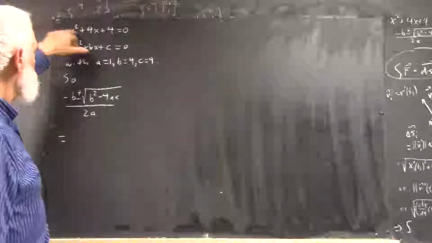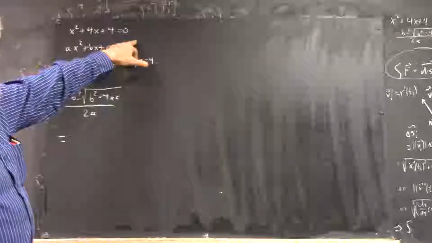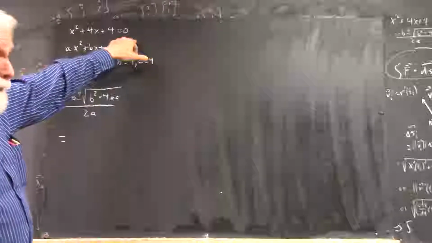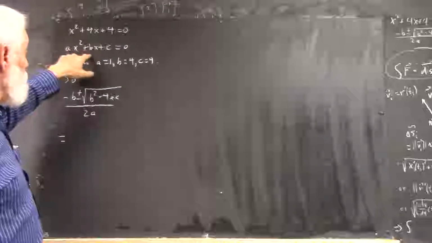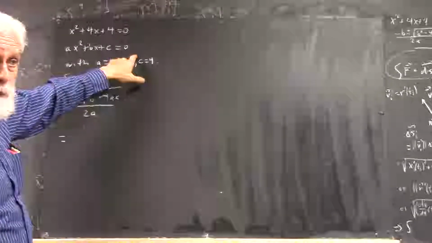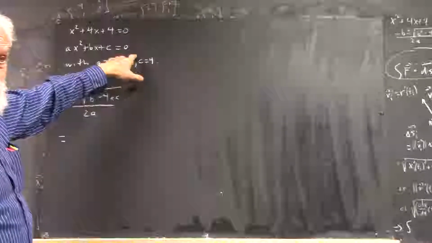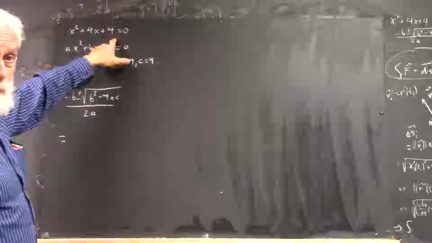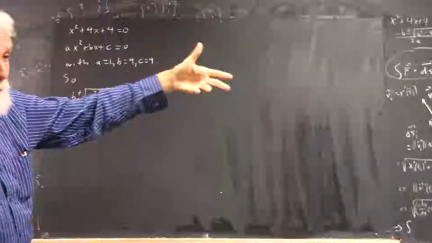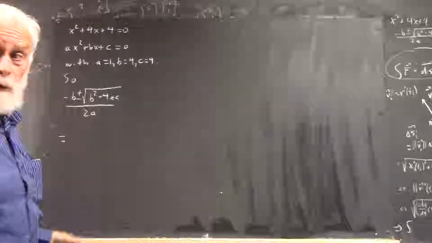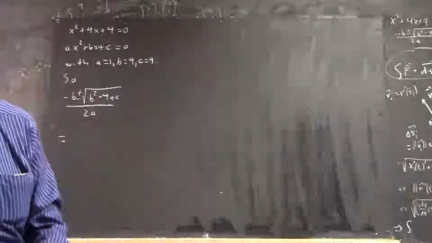We're taking x squared plus 4x plus 4 equals 0, the equation we solved earlier by factoring. That's in the form ax squared plus bx plus c equals 0, right? Now remember, when we factored this, we found out that x equals negative 2 was the only solution, right? Okay? We're going to use the quadratic formula to see if it agrees with what we know